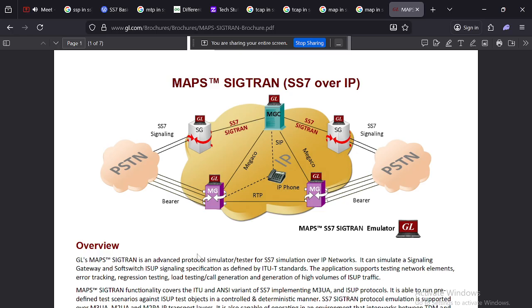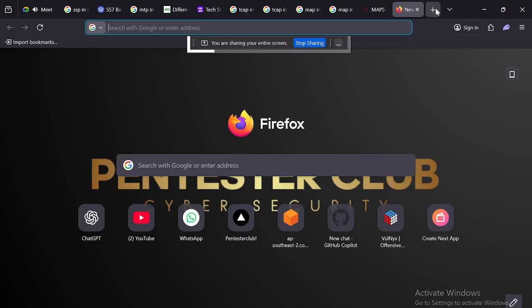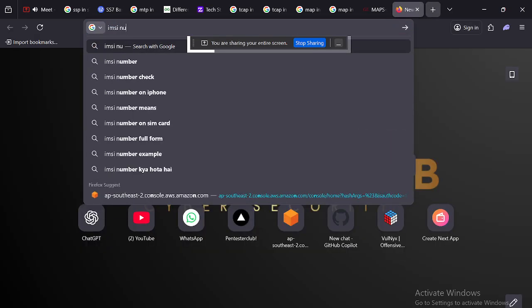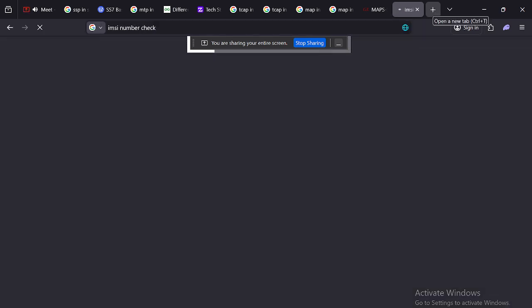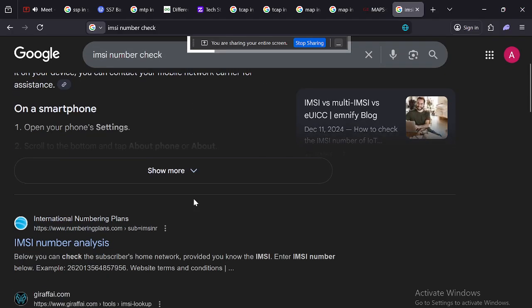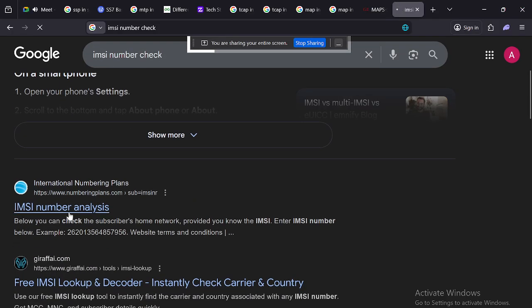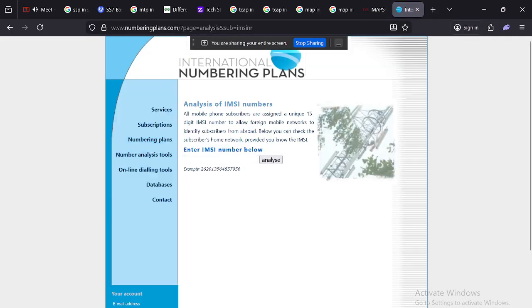Let's look here at the IMSI number check.